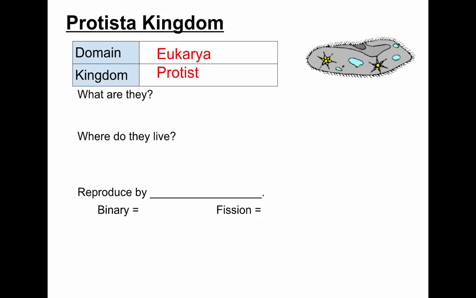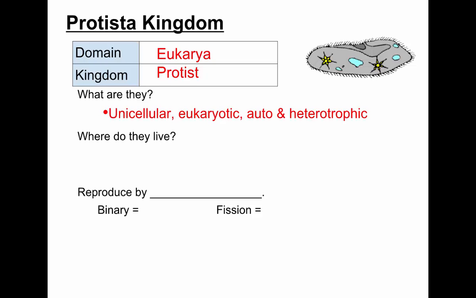The protist kingdom is sort of a strange one. When scientists were developing the taxonomic systems, the protist kingdom sort of turned into a place where they said, well, I don't quite know, it's not an animal, it's not a plant, it's not a bacteria, let's throw it in the protist kingdom. And so it sort of became this catch-all where actually some of the things are not that closely related, but for our purposes, we'll just talk about some of the general ideas.